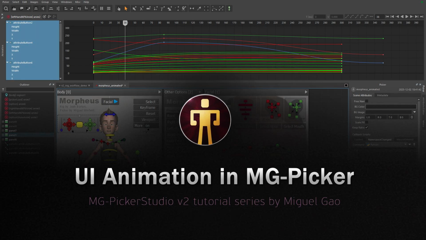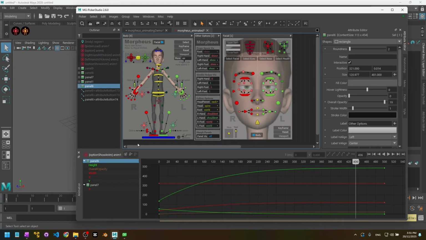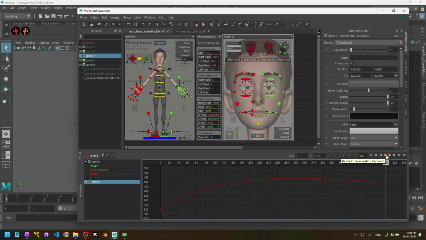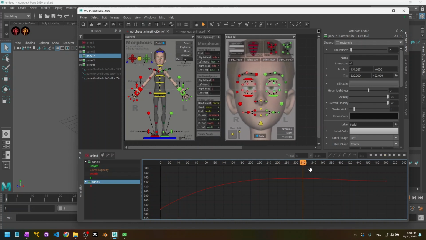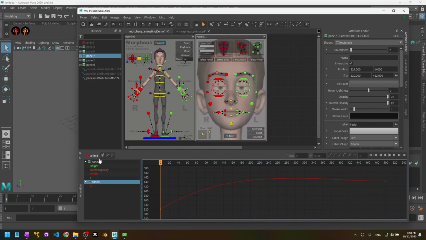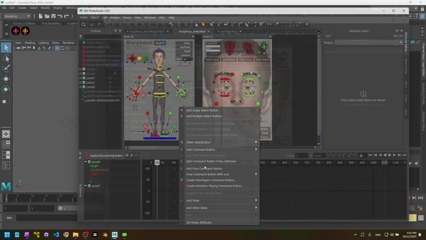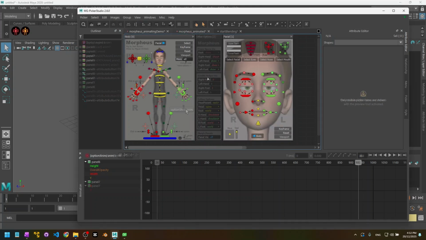From MGPicker 2.6, we support property animation on picker buttons. This new feature allows you to set keyframes on all the picker UI elements, animate their color, position, size, opacity, or any properties that are keyable, and store the animation in a new item type called animation item. This animation will be playable by the command button, attribute button, slider, or any callbacks that can run the MGPicker